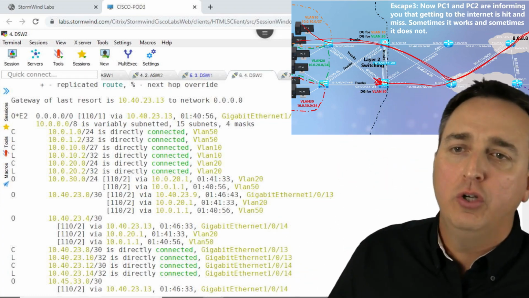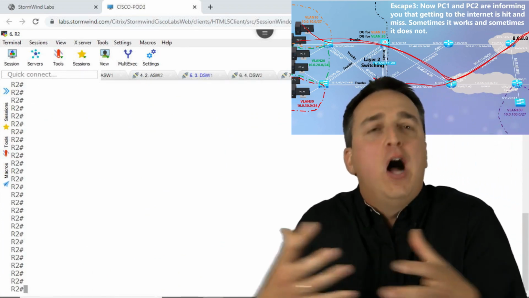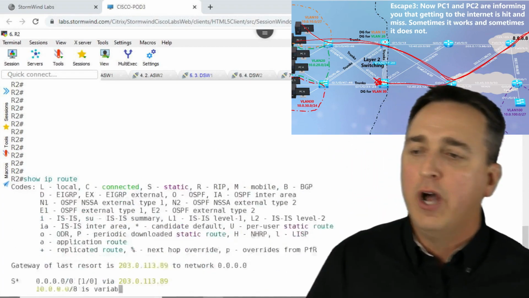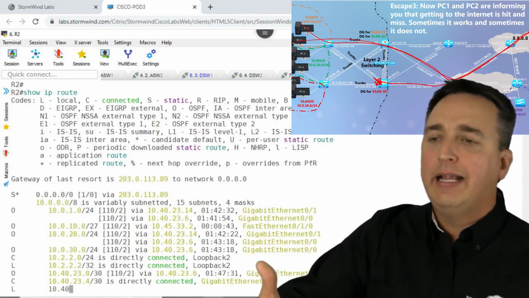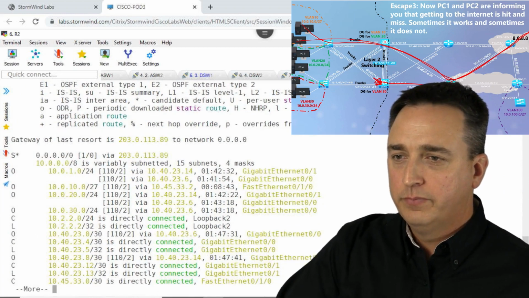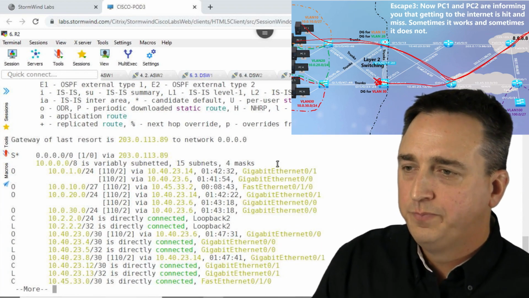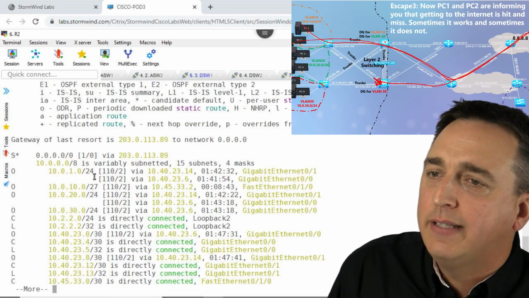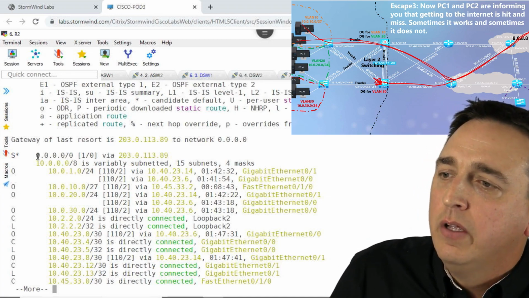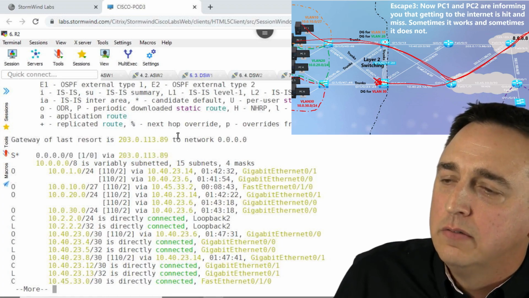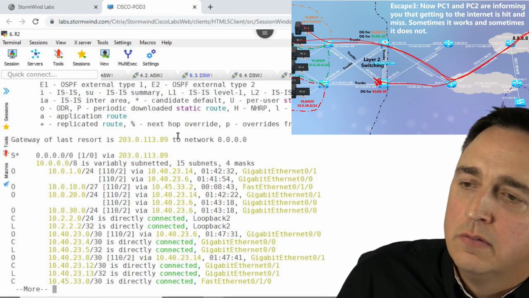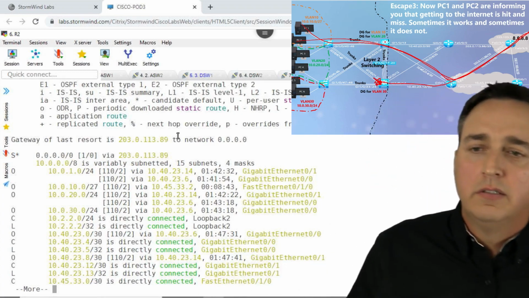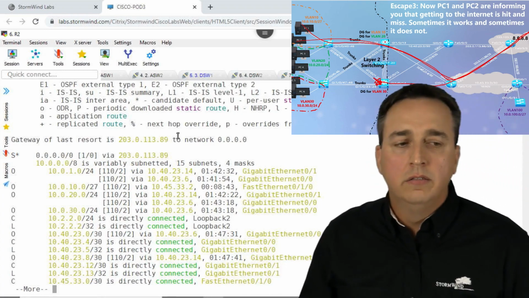Let's go to R2 right now and see what's going on. This is following the path. We're trying to follow the path of the packets and see what's going on. So if we're going to 8.8.8.8, folks, we'll see here that we can go out towards the internet. And if we're trying to go to 10.0.10.27, we're going